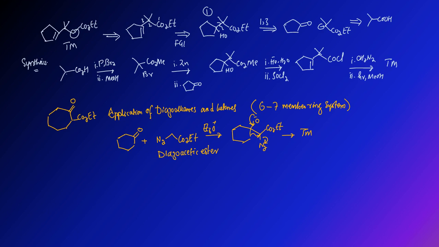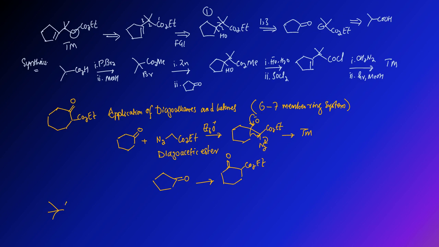For example, if we have a 5-member ring, we can expand it into a 6-member ring system, much like this. So we can use the application of diazoalkanes such as diazoacetic esters for ring expansion. So this reaction involves a ring expansion. As far as another example is concerned,